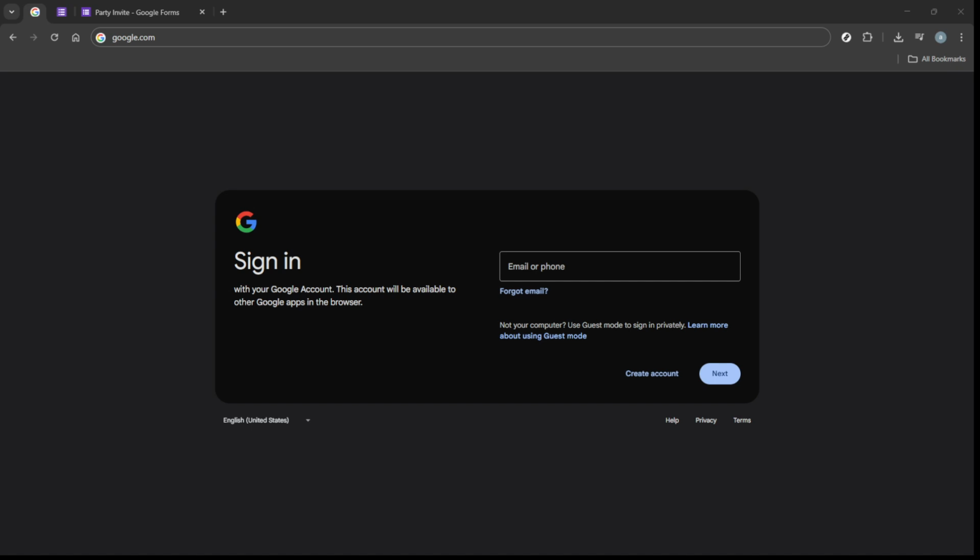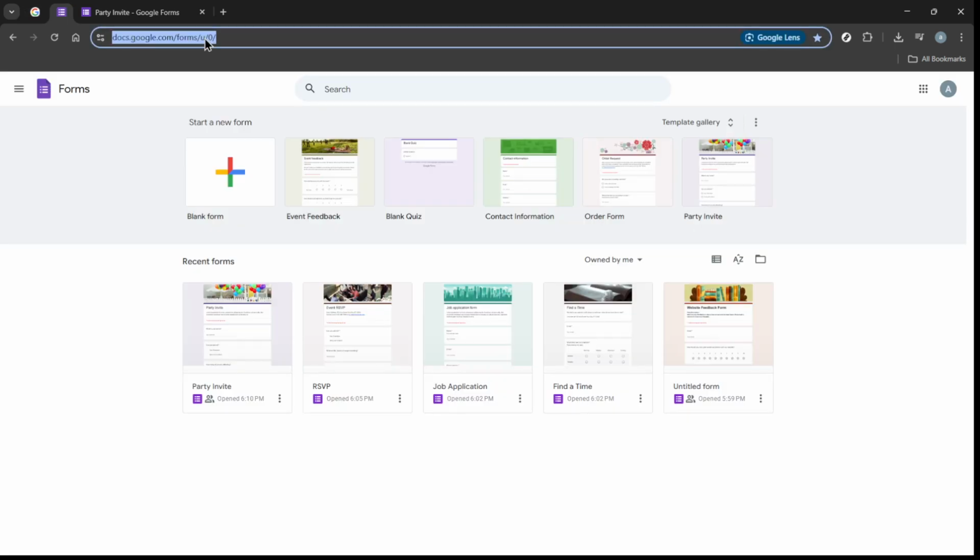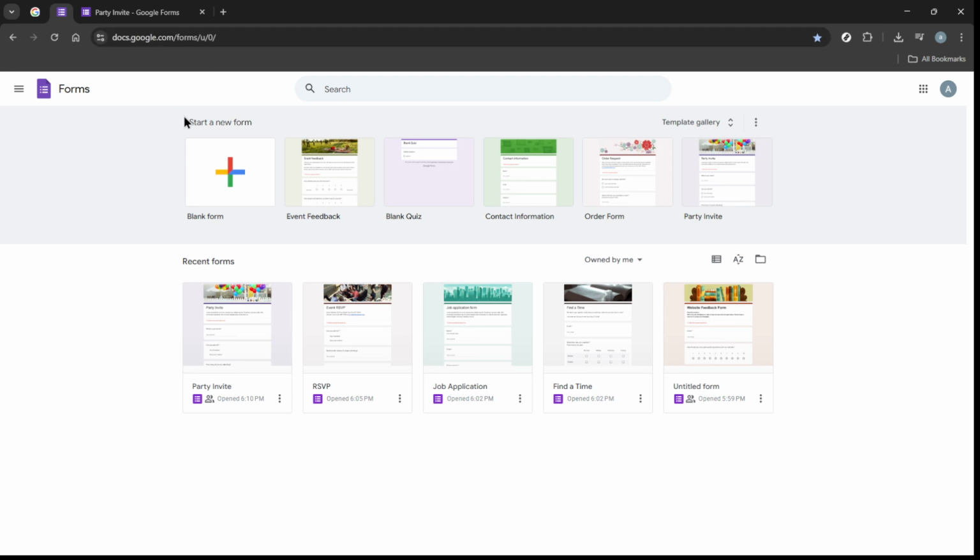Let's get started by accessing your Google form. Log into your Google account and navigate to the form you want to work on. If you don't have one open, you can always create a new form by going to Google Forms via your browser. Once you're in your form, either add a new question or select an existing one that you'd like to